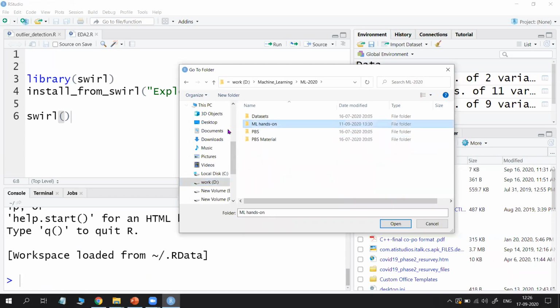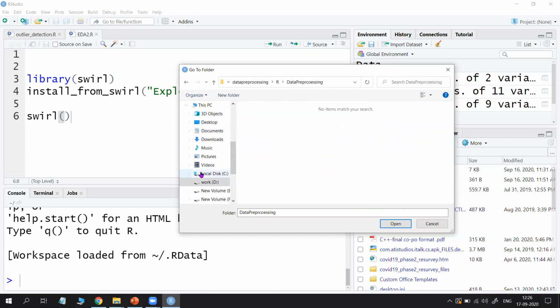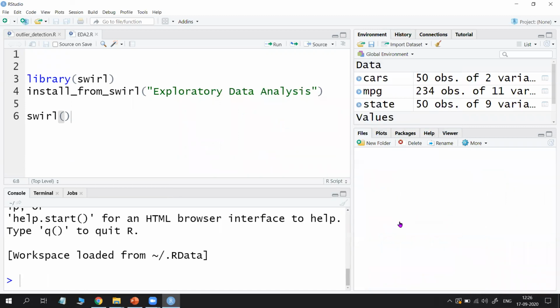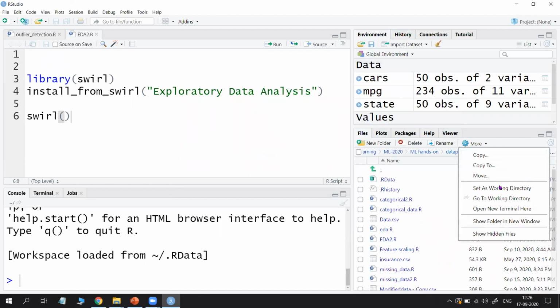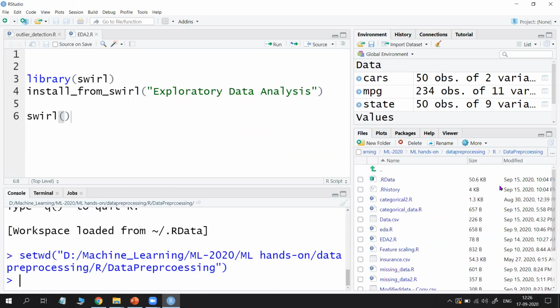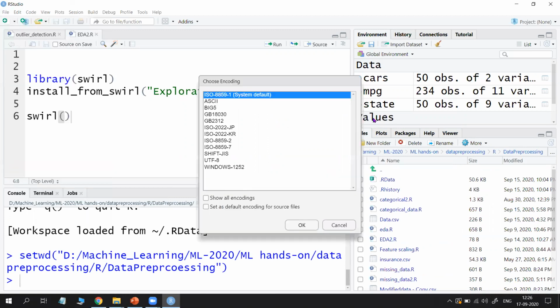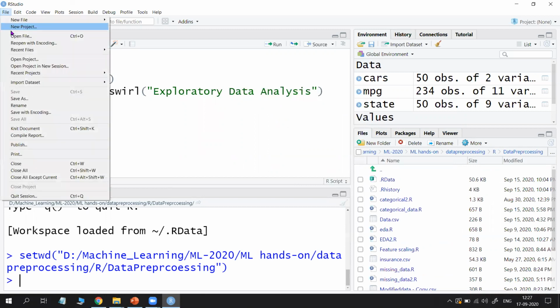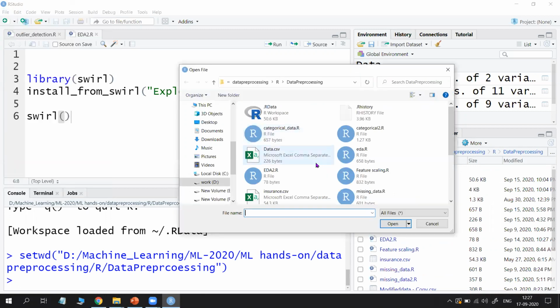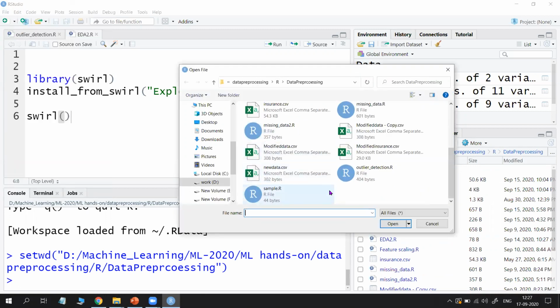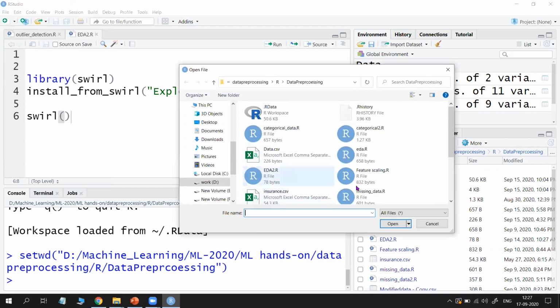For example, in my case, my data set is here in the data pre-processing folder. So click on the folder, go to More, and set as working directory. I have already written the code, so that's why I'm opening it. But if you are doing it the first time, you will type something and save it in the same folder.